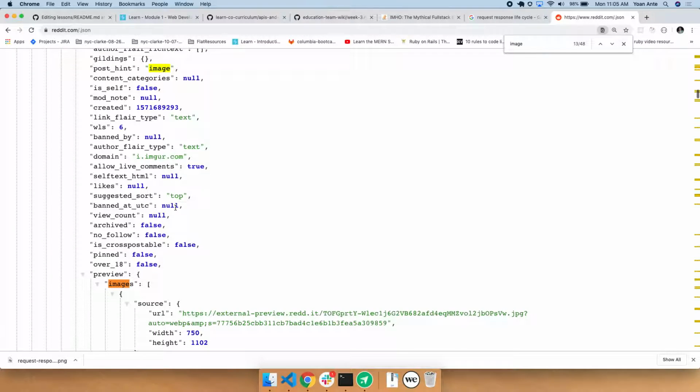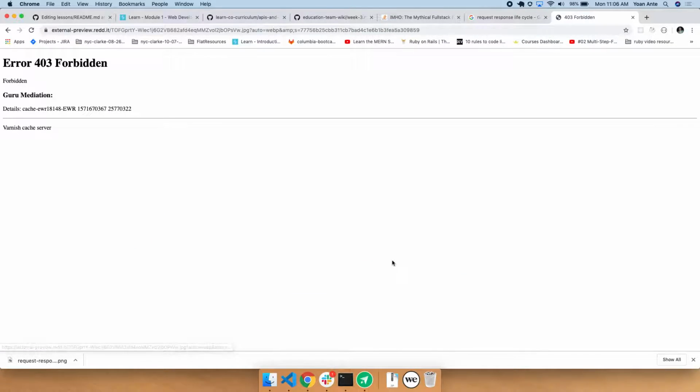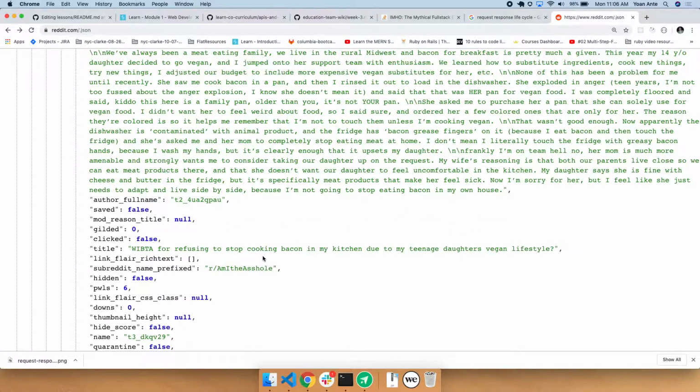Images, okay, here they are. Images, source, and then we get the URLs for the images. So we can actually parse this hash and get eventually to this right here, which is going to be an image that's probably on the front page of Reddit right now. If we click on it, 403 forbidden. Well, that's not good. So they might have something blocking us from taking,